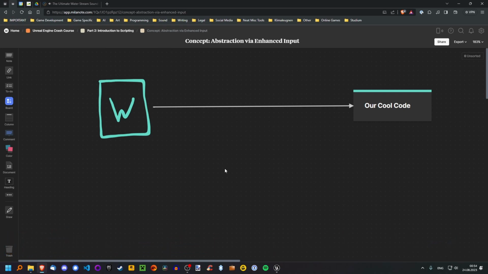If you think back, we added something called an input action, then we added it to an input mapping context, and then we wrote some cool code. So you might be wondering, why make it so complicated? Why not just say when this button is pressed, then do something, in our case left shift, then dash? And the reason for that is